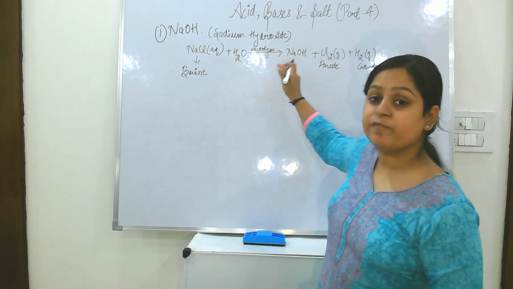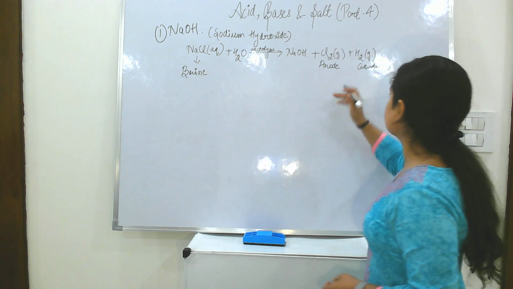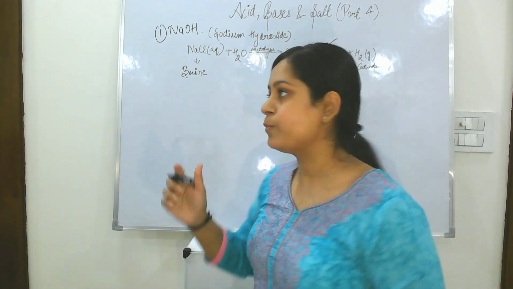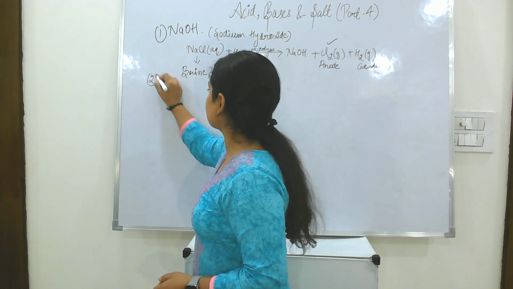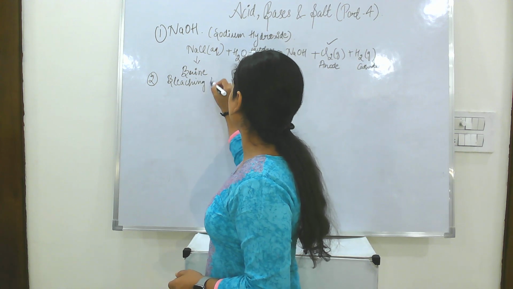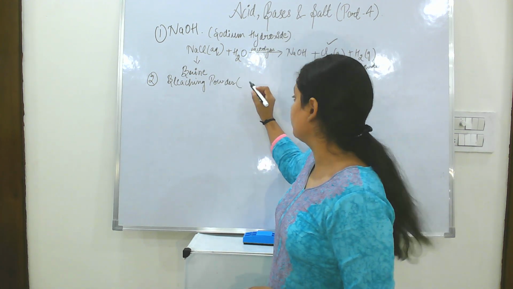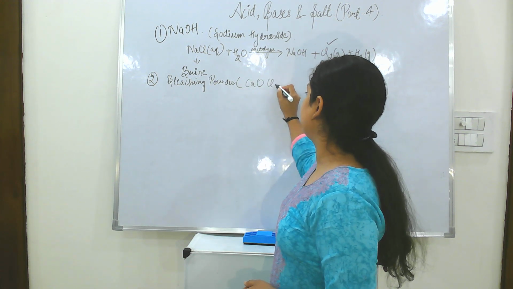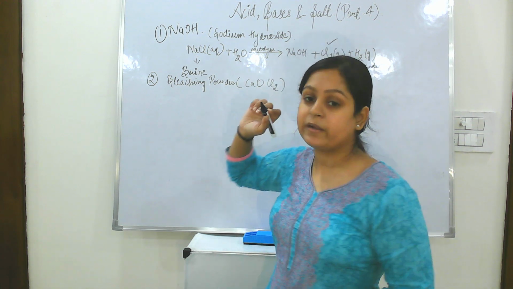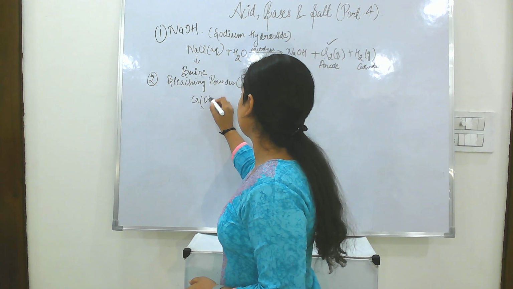Now you will see they will act as raw material for the other equations. In the next equation, this chlorine gas will act as a raw material in the production of bleaching powder. So the second equation is of bleaching powder, and the formula is CaOCl2. This is bleaching powder. Now this chlorine gas will act as raw material, and when we react dry slaked lime,